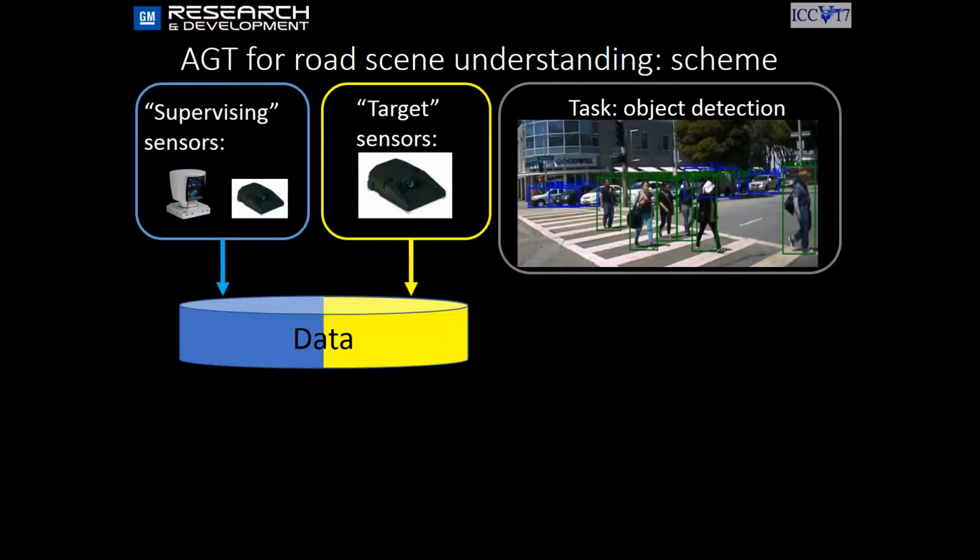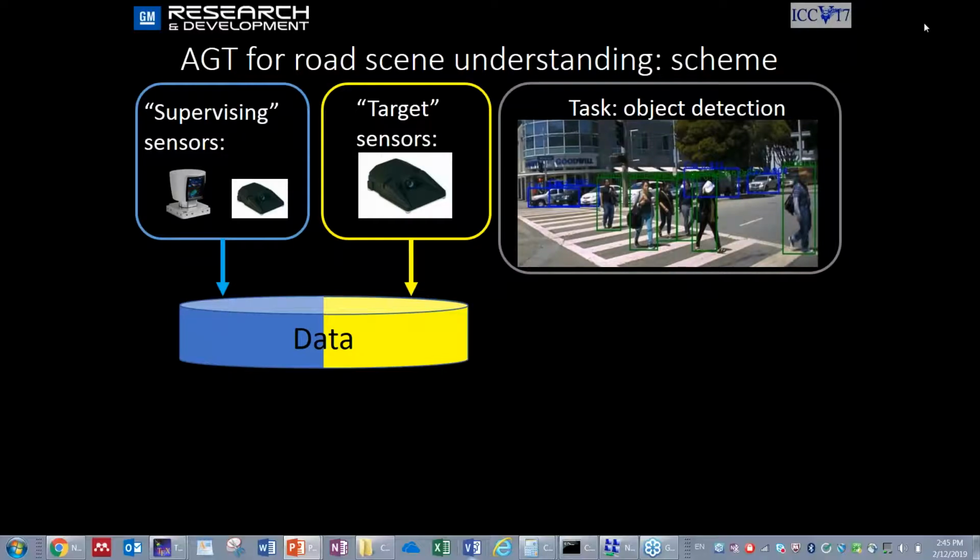I'll show this using one example. Let's say that the task that we have is object detection. In classical object detection, the target sensor is a camera, let's say a forward camera. It's supposed to detect pedestrians, cars, and bicycles. And we define the supervising sensors as both the camera and the Velodyne LiDAR mounted on the vehicle. We then collect a dataset using both sensors, the supervising and the target sensor, in a synchronized way, and then